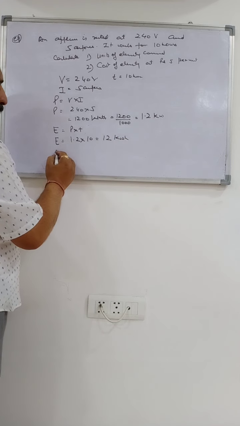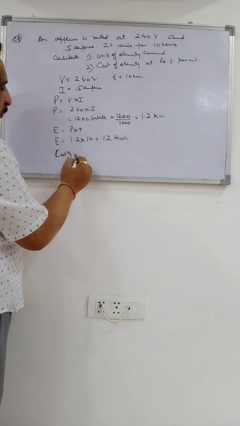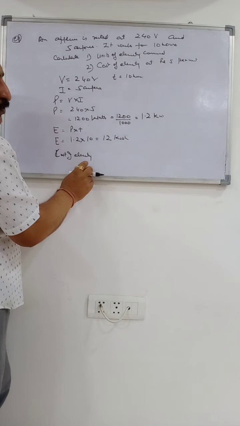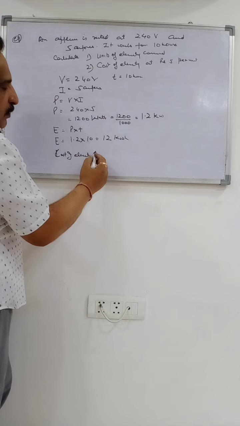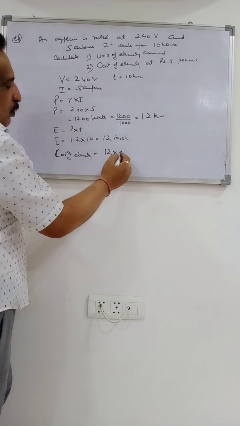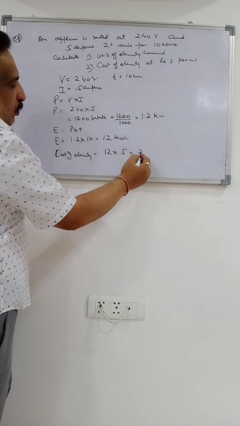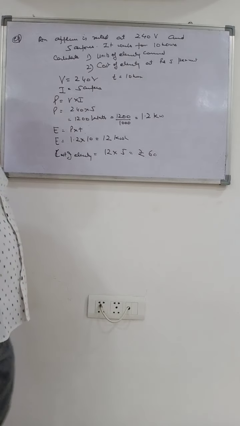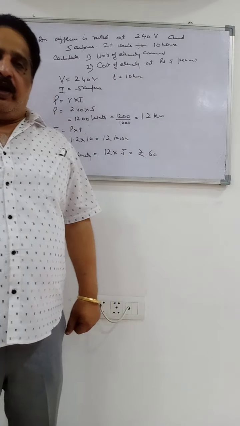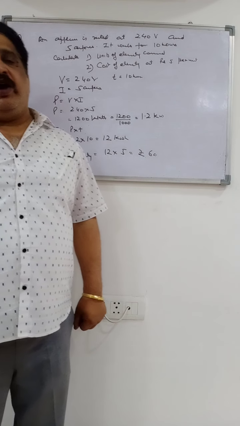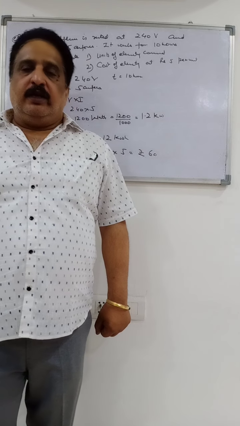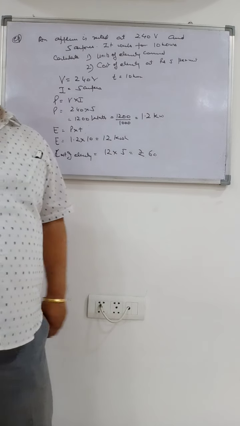So what will the bill be equal to, or the cost of electricity. The rate of 1 kilowatt hour is given as 5 rupees. You will multiply this by 5 to get the bill. That will be 12 into 5 is equal to ₹60. 12 5s are 60. 5 rupees per unit. There are 12 units of electrical energy consumed. So this will be 12 into 5, that is equal to 60. Is that clear? So this is how to calculate the bill.